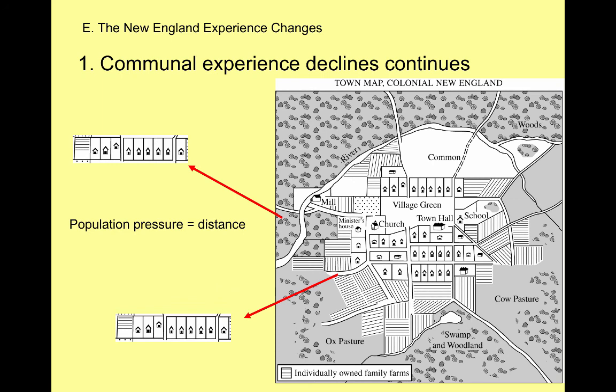In addition to that, English custom says that you give the land only to your firstborn son. So what happened to your second, third, fourth, fifth-born son? What do they get? They get nothing. And so what they have to do, this next generation and the generation after that, is go further west onto the frontier, chop down some trees, fight a Native American, and establish their own new town further into the interior, which, by the way, of course, causes more conflict with Native Americans, which we'll talk about in future sets of notes, like King Philip's War would be an example of that.